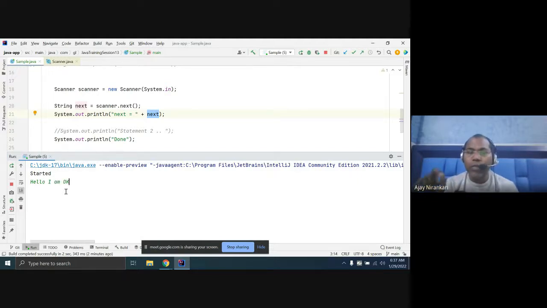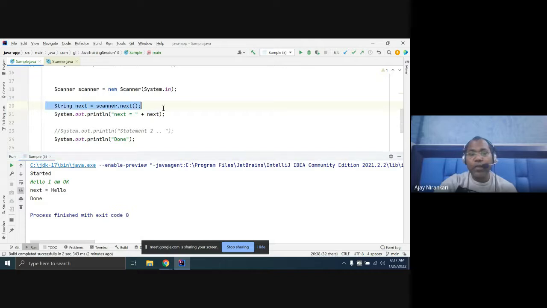Until you press the enter button, this line is not going to the next line. Whatever I pass here gets assigned. Now enter. Notice whenever I pass enter, the next line executes, and then done.